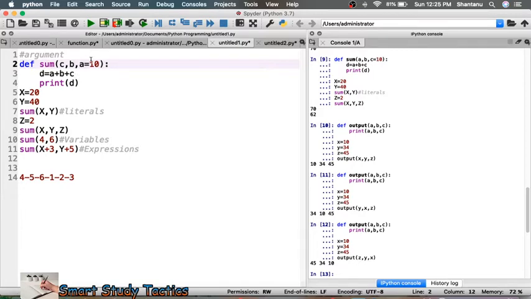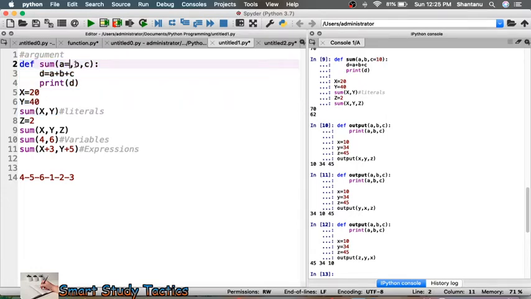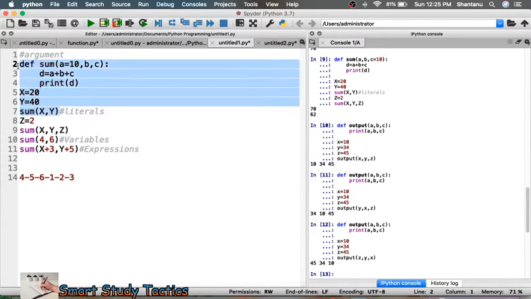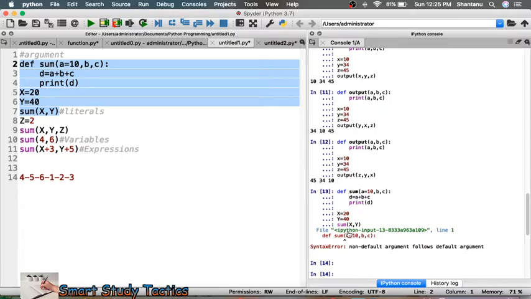If you are not going to make it default, let's suppose I'm not going to make a default here. Okay, I'm going to make the previous program, A comma B comma C, because I was thinking that you would be in doubt. So now, let's suppose I'm going to make a default this one. Okay, it is clear to all of you. So now execute this program. It will show the error. Now you can see